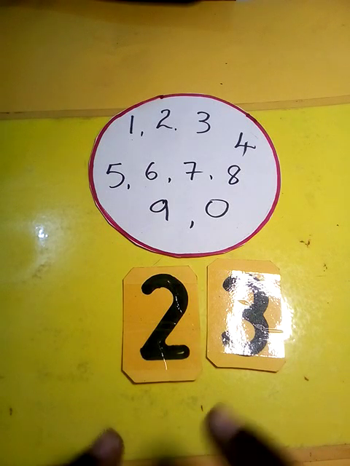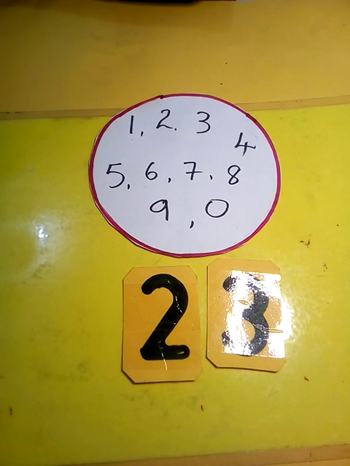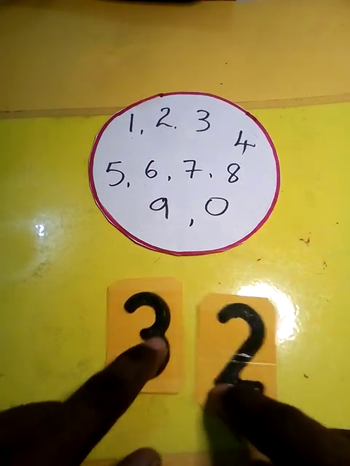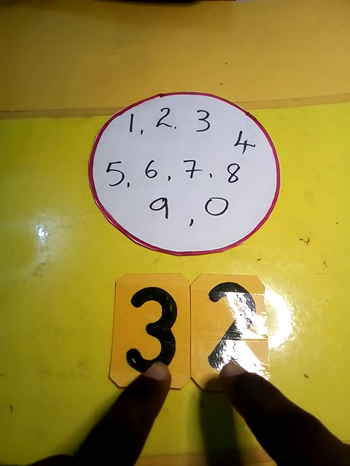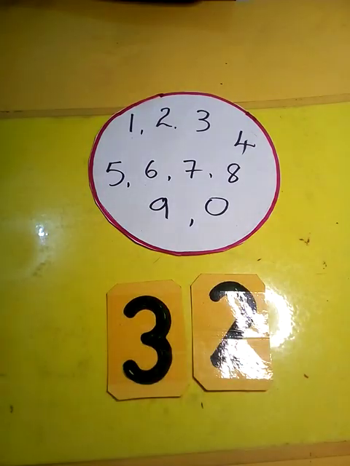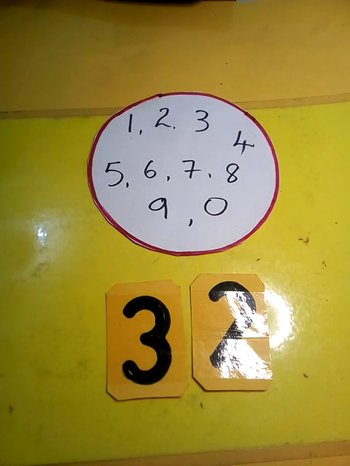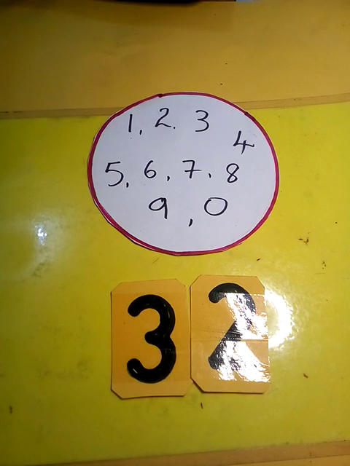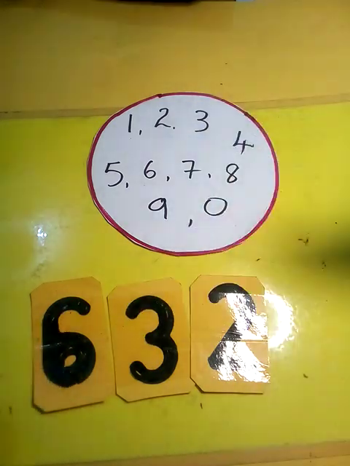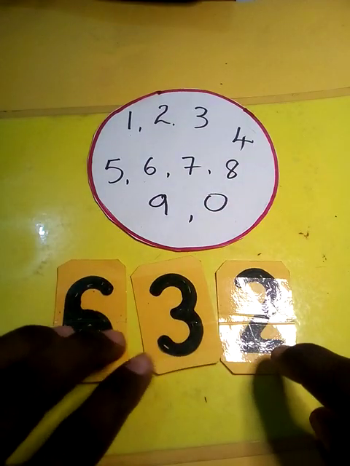So the place of each digit is important in our number system, because if we should rearrange, we no longer have 23. We have a different number, which we know in our number system as 32. And 32 is made up of 2 digits out of the base 10 numerals or digits. So digits make up numbers. Similarly, if I want to make, for example, the number 632, I take the 6, take a 3, take a 2, and I create the number